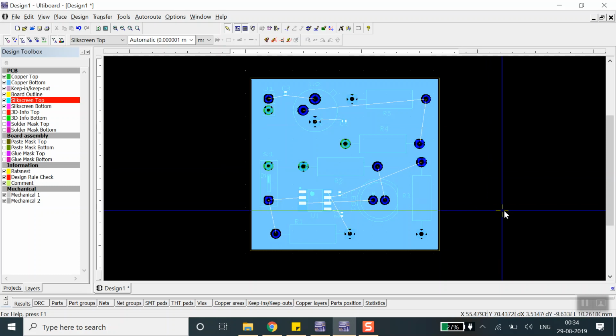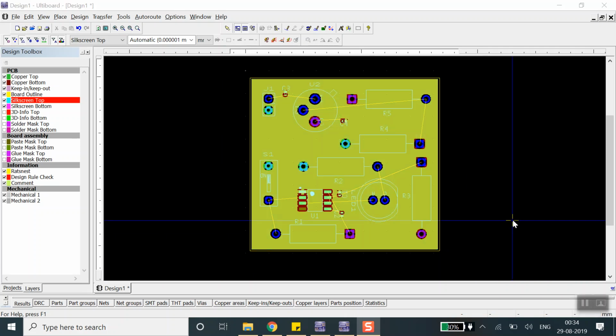Okay, just give me a second. I will just select the right combination of colors so that you can see it very clearly. Alright guys, so I have selected the two colors because basically